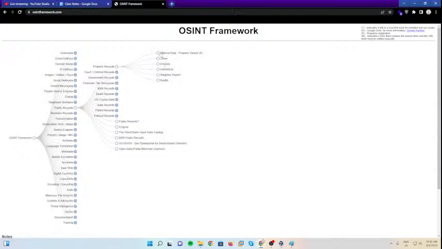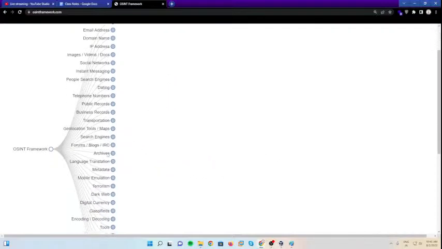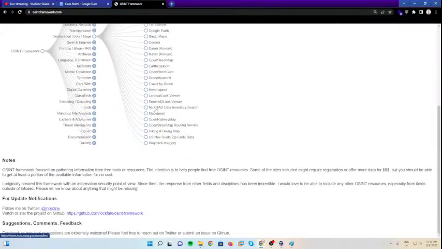Okay, these are property records, property viewers, neighborhood, neighbor reports, and such things you can find inside this. You can find criminal records, you can find government records. I'll zoom in a little for you. And you can find government records, financial tax resources, birth records, death records, US county data, okay fine. And political records, patent records. You can find all the patents, okay, and you can find geolocation tools. You can use these location tools to find locations, okay,